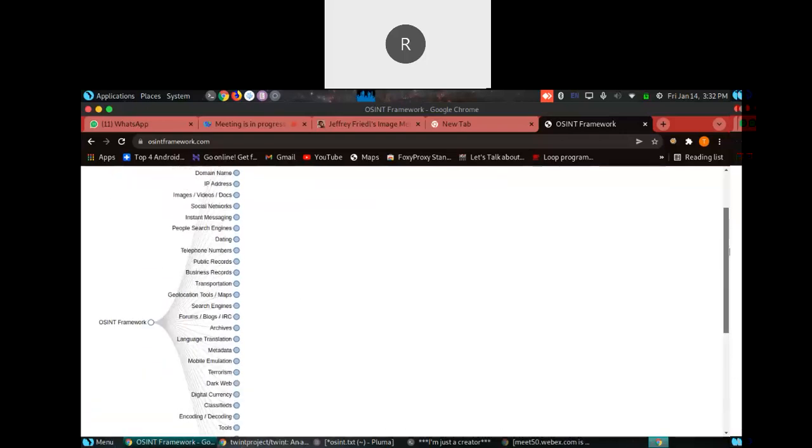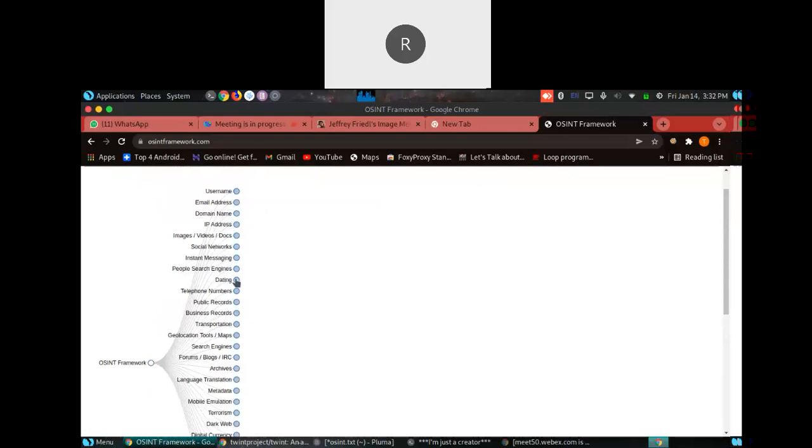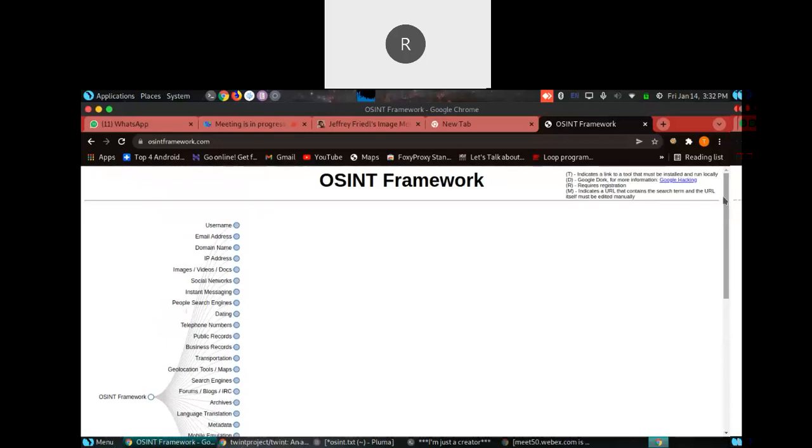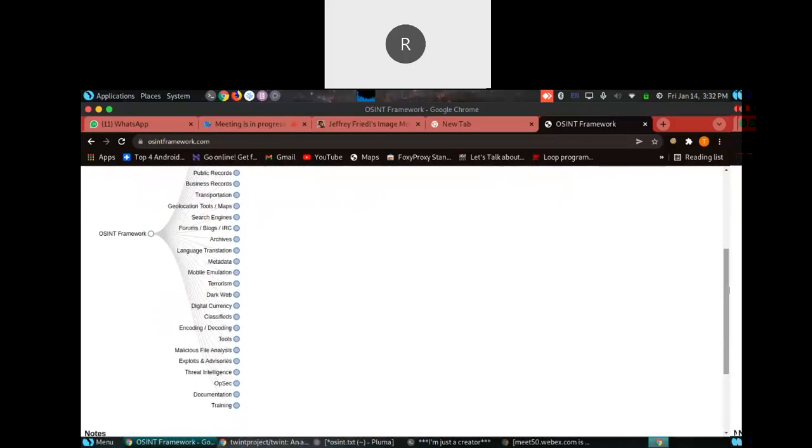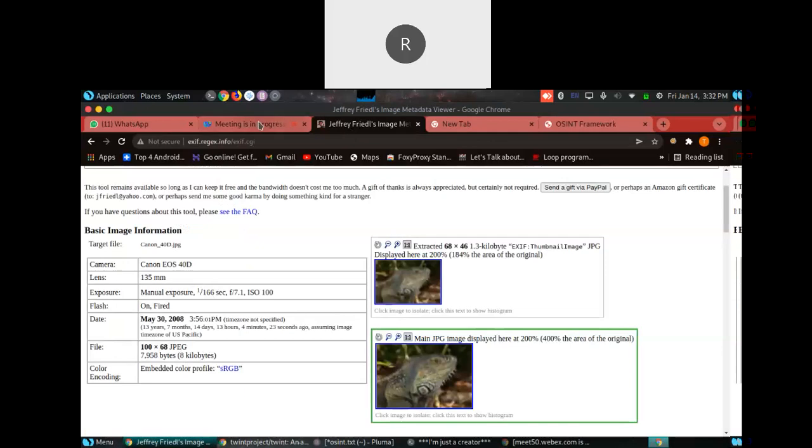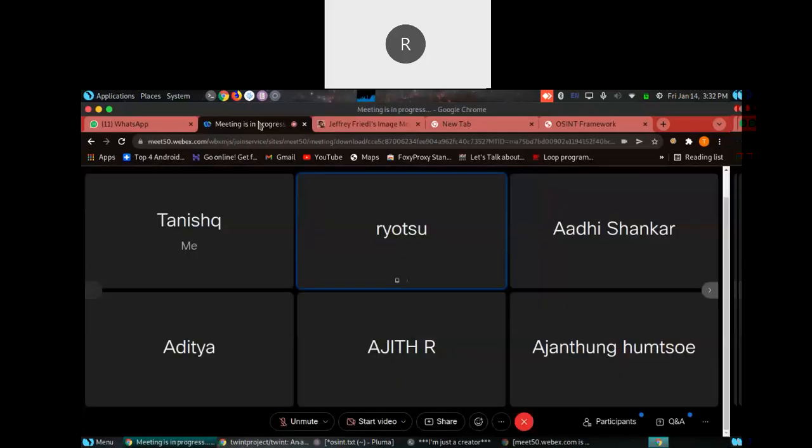On OSINTframework.com you can get many things like people searching. There are a lot of domains in OSINT: people OSINT, business OSINT, website OSINT, work OSINT. And in one example, we will take a business and try to find its owner, its phone number, Gmails and address if possible. We will do it tomorrow. And if possible, if I get time, I will try to do darknet OSINT.